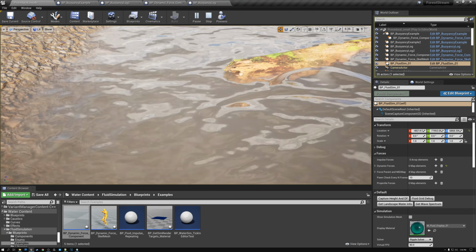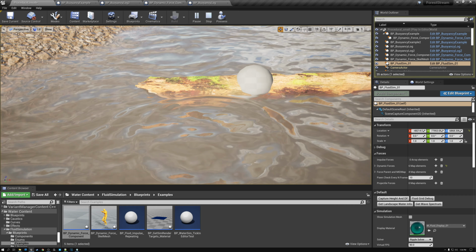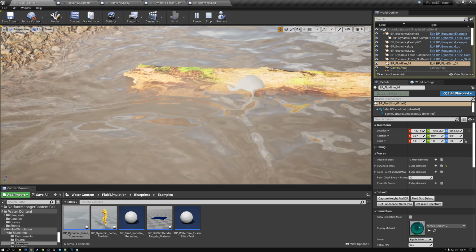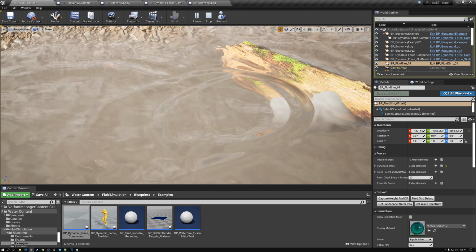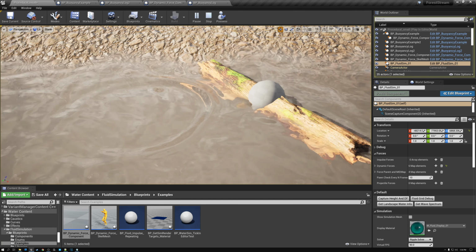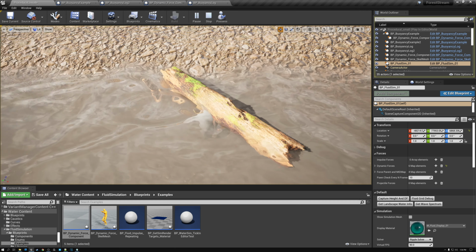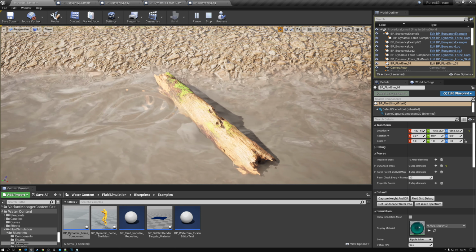Okay, so now our force mesh is animating up and down, and you can see that every time it crosses the water plane, it generates one of those nice ripples, which is kind of cool. This is the effect that we're looking for. We want our log to be creating these ripples,